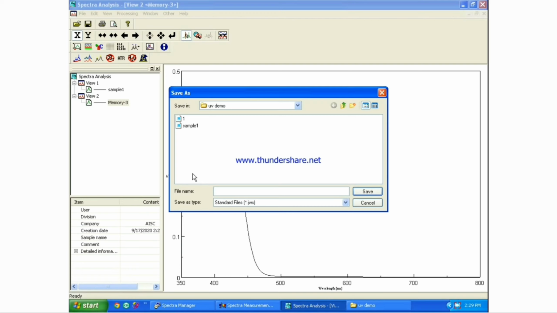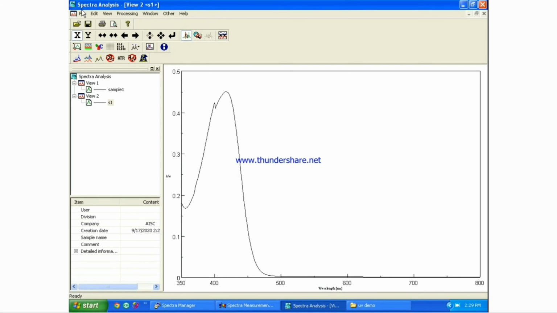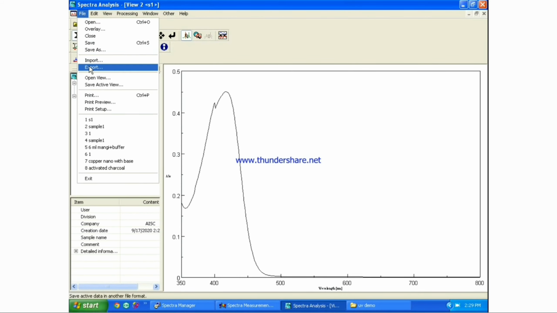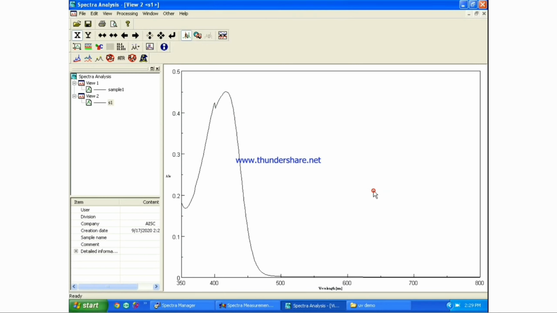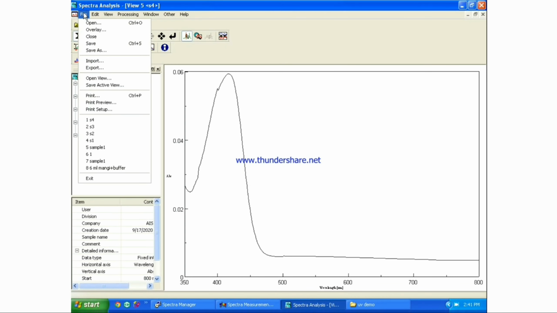Since this spectra will be saved in a format that opens only through this software, we need to export the spectra and select a required format such as CSV or ASCII for studying it on another PC or software.